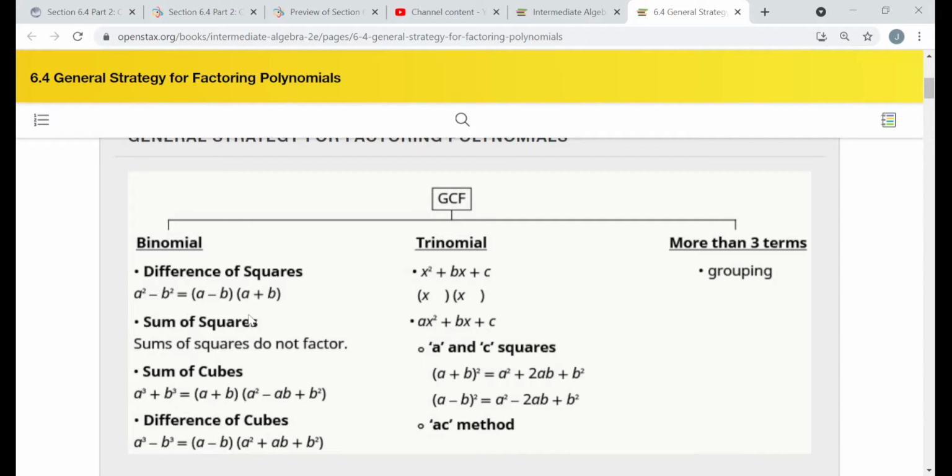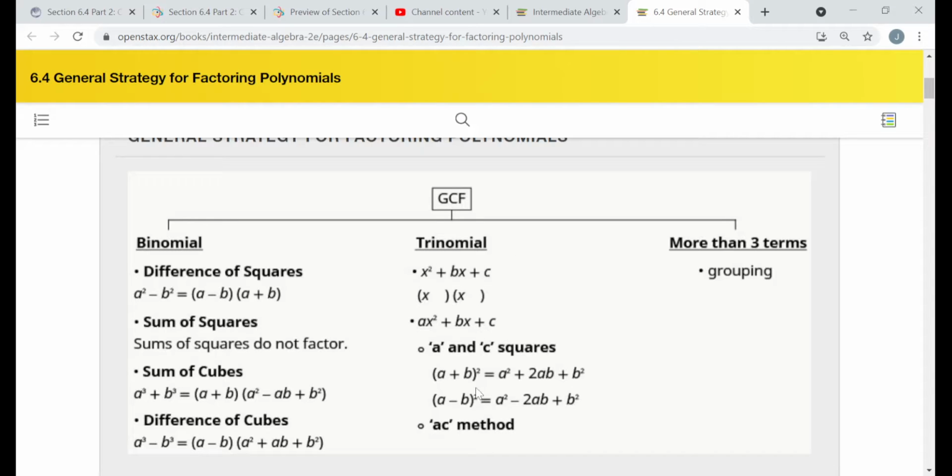And they've got the little formulas here, which I've put up in previous videos, so I'm not going to rewrite them. Now, don't forget that a sum of squares does not factor, right? Only a difference of squares factors, and then sum of cubes and difference of cubes factor. Alright, well that's if you have two terms. If the polynomial has three terms, and it's one of those special quadratic trinomials, ax squared plus bx plus c, or ax squared plus bxy plus cy squared, something like that, with either one variable or two variables,